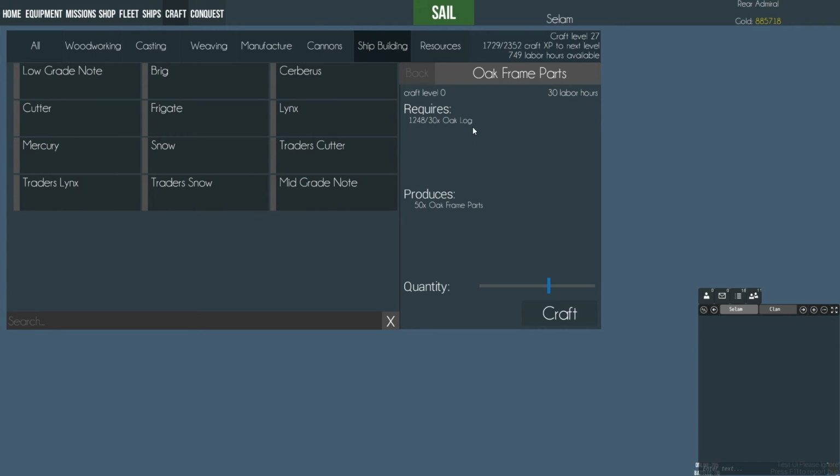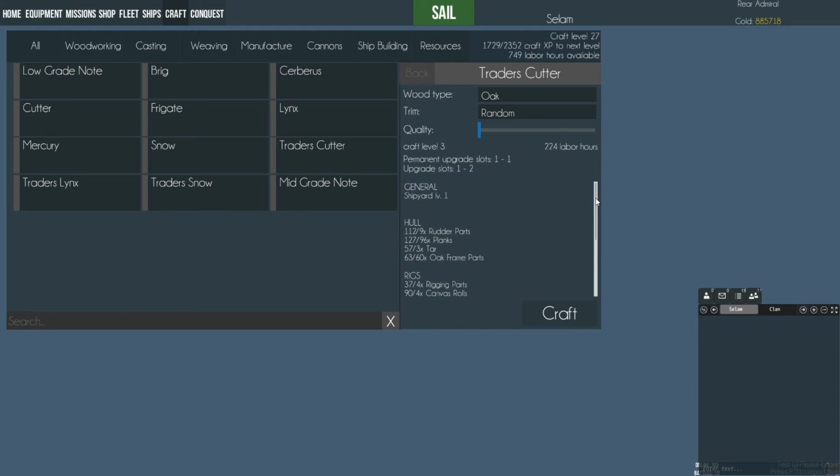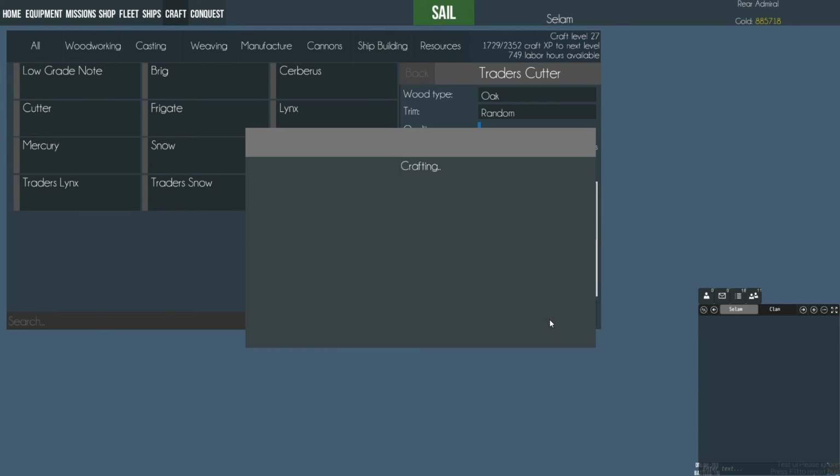Now imagine if I had to produce more of this stuff, which you do have to for the larger ships. They require more frame parts, and they also require other things that just suck up your labor hours and don't give you a whole lot of experience. Well, now that I've gotten that stuff out of the way, cool, I'm ready to build again